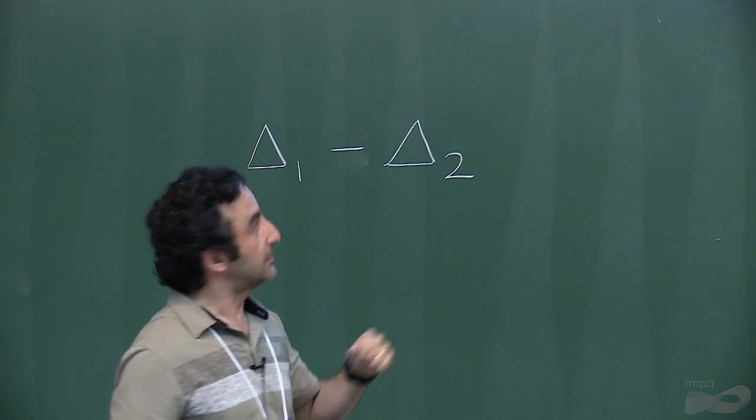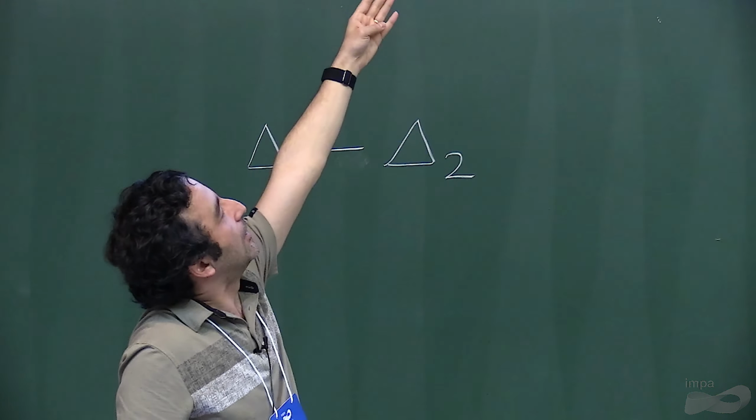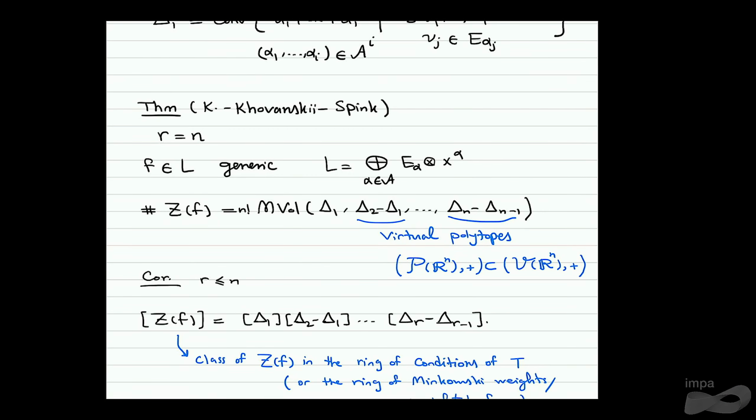Or another way of thinking about that formula is by multilinearity, expand that expression, and you get an alternating sum of a lot of mixed volumes of the delta i's. So you get mixed volume of delta 1, then delta 2 minus delta 1, delta 3 minus delta 2, and so on. So that mixed volume times n factorial exactly gives the number of solutions. If